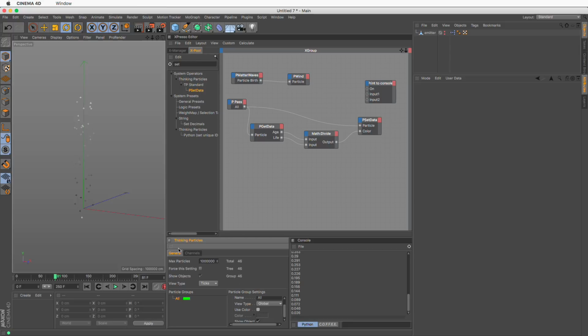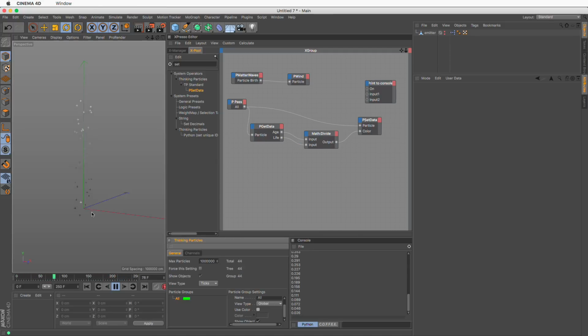So all you have to do is bring up your Thinking Particle settings, select the group and uncheck the use color. Fantastic. So now you can see that we have these great little particles that as they grow older, they become white. Now here's one weird thing. You can see that we get these flashes here. And these flashes are because when we generate a particle, by default, the color is set to 1. It has some sort of color. So it generates particles which are white, and immediately after, when it goes to the next frame, it changes the color to whatever the age is.